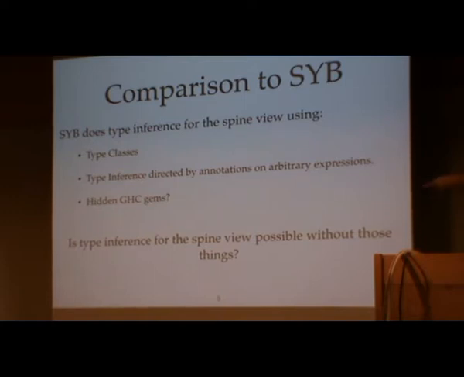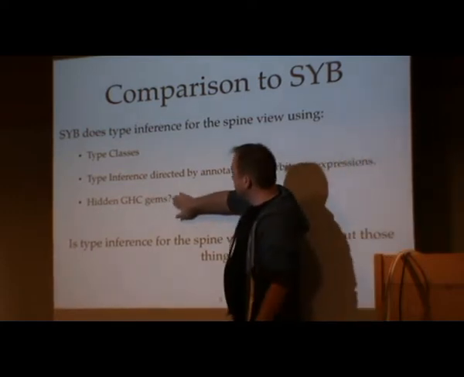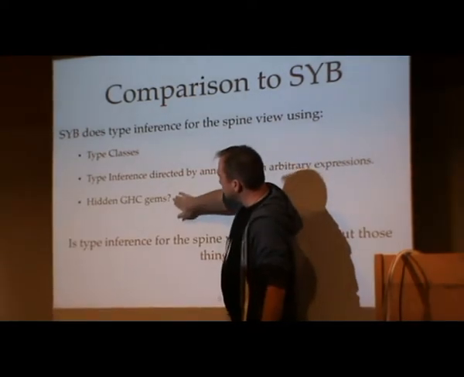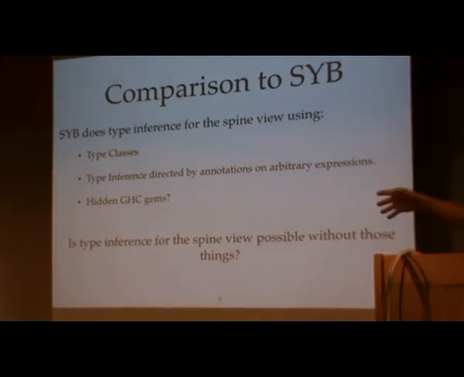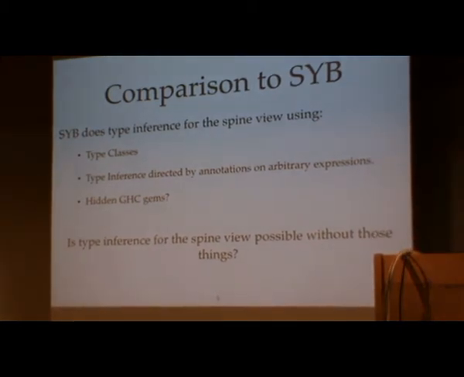I put in "hidden GHC generally?" with a question mark here because invariably when I'm trying to work out how something gets done in GHC, it's something I haven't quite understood. But as far as I know, it's just the type classes and the multi-directional type inference with the annotations on terms that's required to get the spine view to work in Scrap Your Boilerplate. And the way to convince yourself of that, if you're not already, is just to notice that Scrap Your Boilerplate needs everything to be an instance of Data, which is a type class, so that it can expose certain functions under